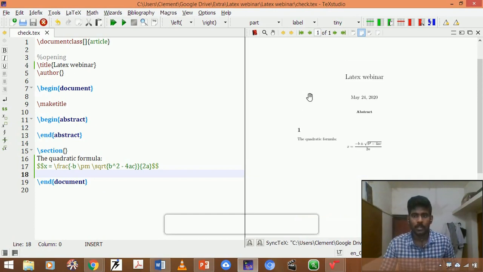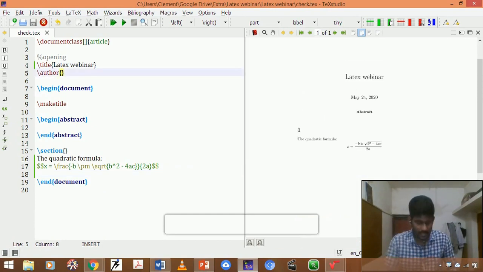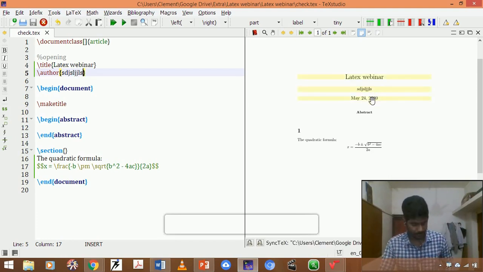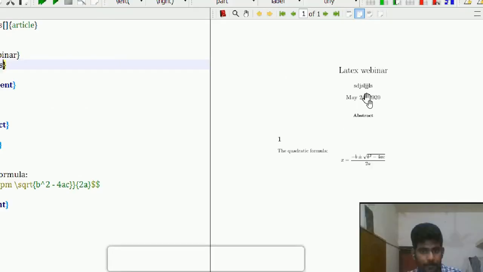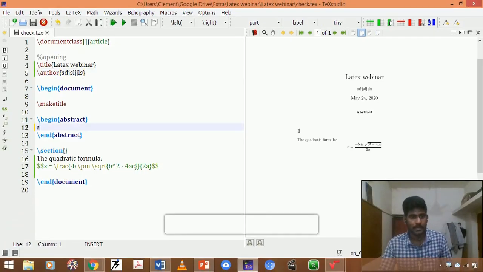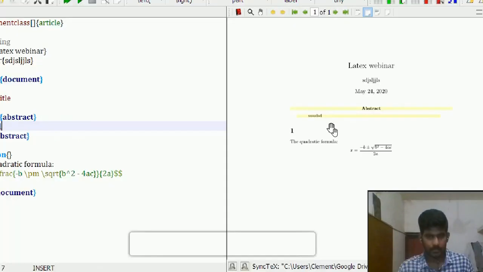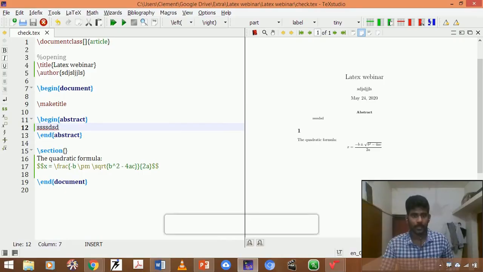If you want to give the author name, you can just type some author name here. If you compile it, you could see the author name. Likewise you can give abstract content. Okay, next. It's quite an easy process.